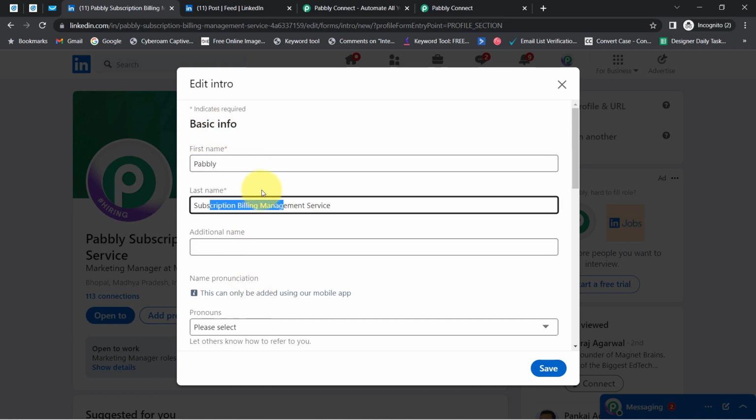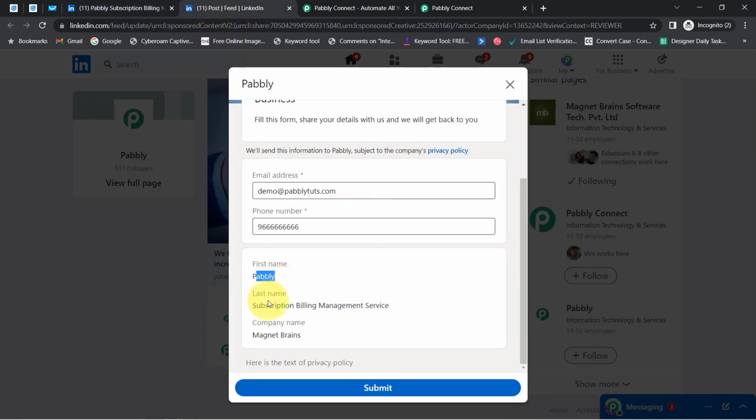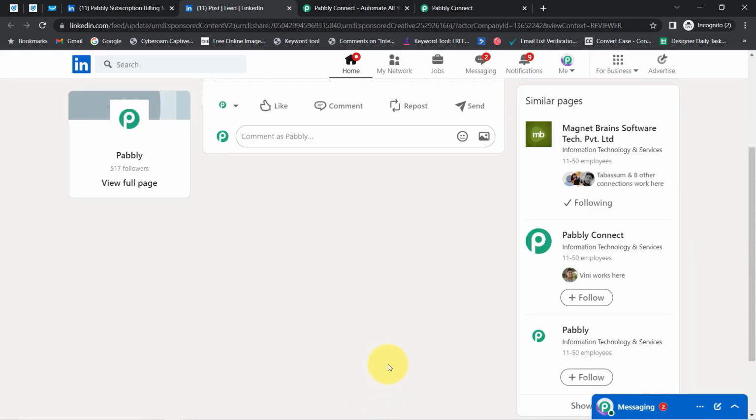I am not running a live advertisement, but assume that you are running live ads. In that case you will notice that these options will not be pre-filled, they will not be default values. You will be able to edit these values, basically the first name, last name and the company name of the lead. Okay, but for now I will go with the dummy details only, so I am finally clicking on the